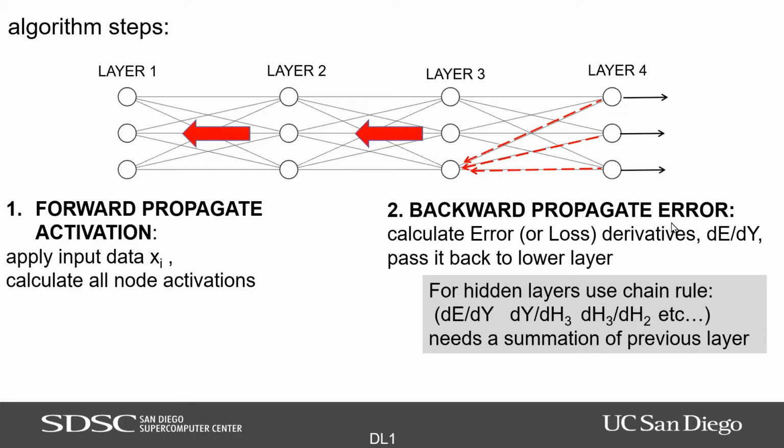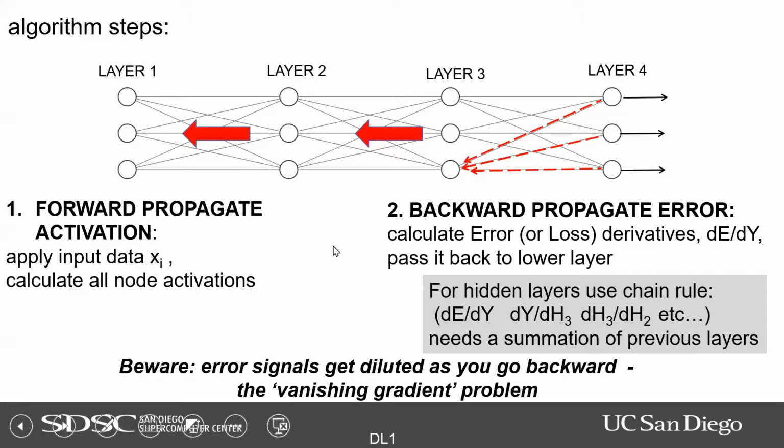So without going into details, it's really kind of an indexing nightmare, because you have to look at the output. I don't know if you can see my cursor, but for each node at the output units, the contribution to an output comes from all the hidden units. So for any hidden unit, you have to look at each of the output units it's contributing to, and then you have to go back to the previous layer and, for any hidden unit, look at all the units it's contributing to in the next layer, and so forth and so on. So the backward propagation is really the computationally expensive thing that's going on.